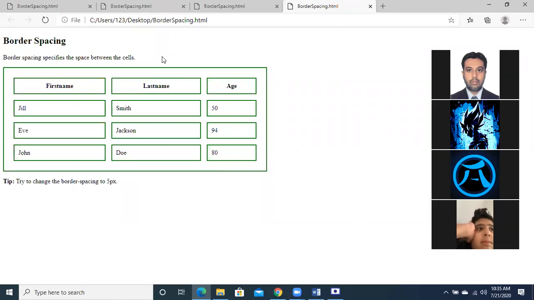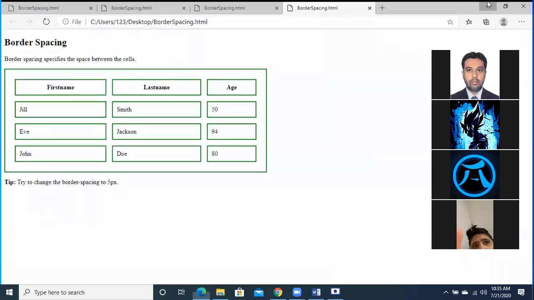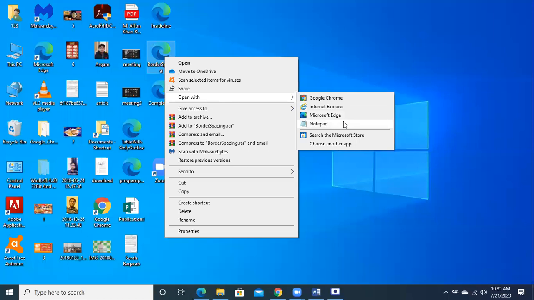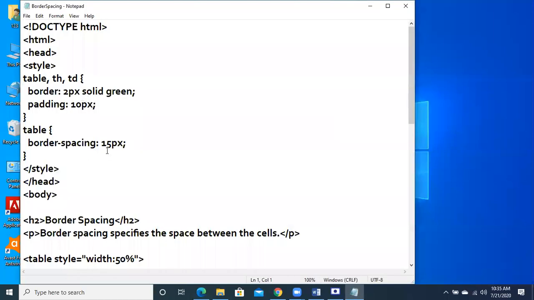So border spacing could be changed. अब अगर हम border spacing को चेंज करते हैं, border spacing 15 है, इसको मैं कर देता हूँ 5, कम कर देता हूँ.